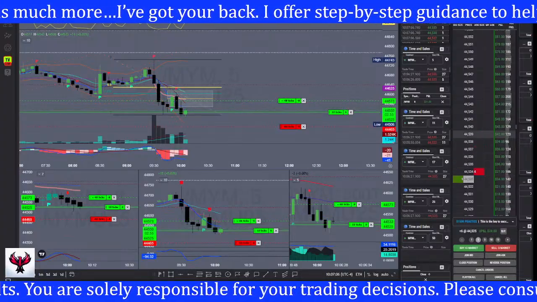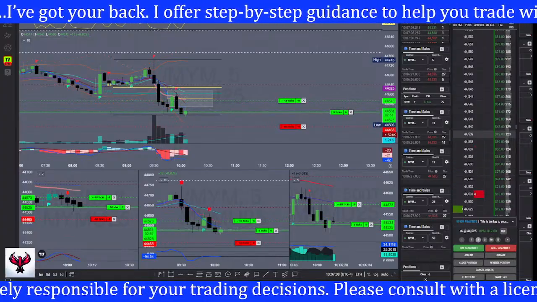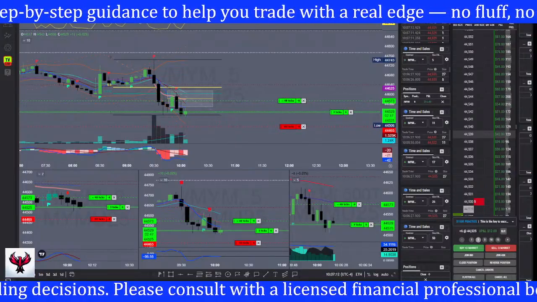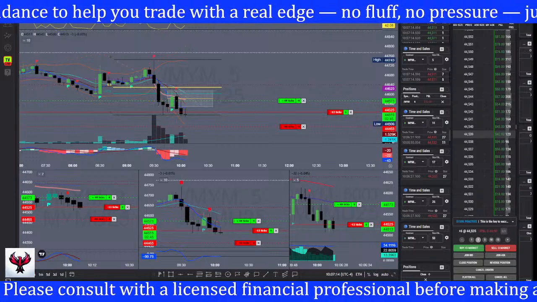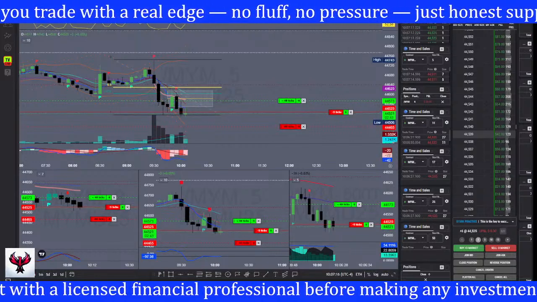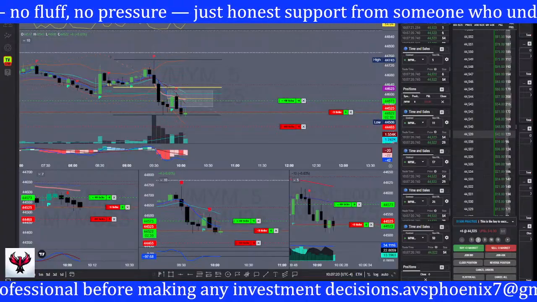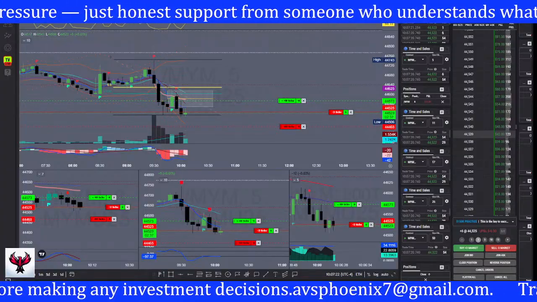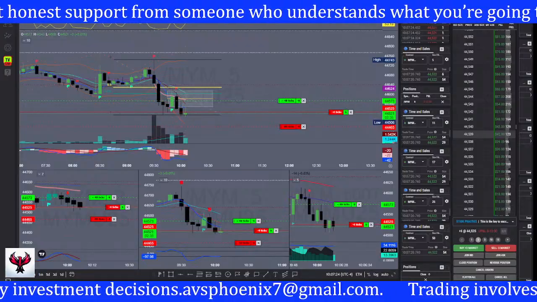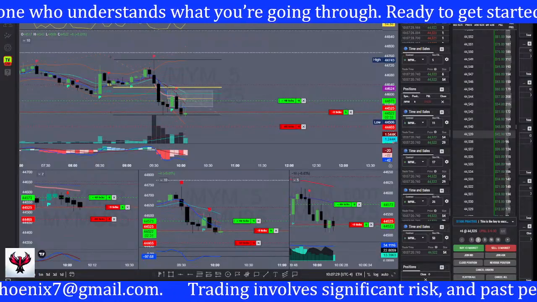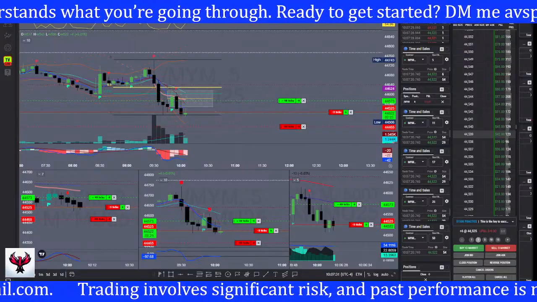I have a lot of traders asking me, why are you doing this in micros? Well, I need to make sure I'm going to be able to do this consistently well in these micros, and then I'm going to start bumping it up. Because if I can do this in micros, I can do it in minis. It's the same process. So that's $162 trading micros. Once I feel confident doing this process for a month, then I just bump it up to minis, and that's $1,600 doing the same exact thing.